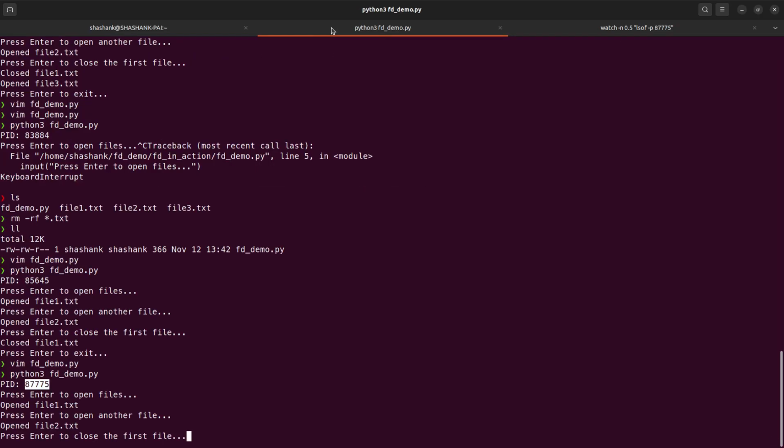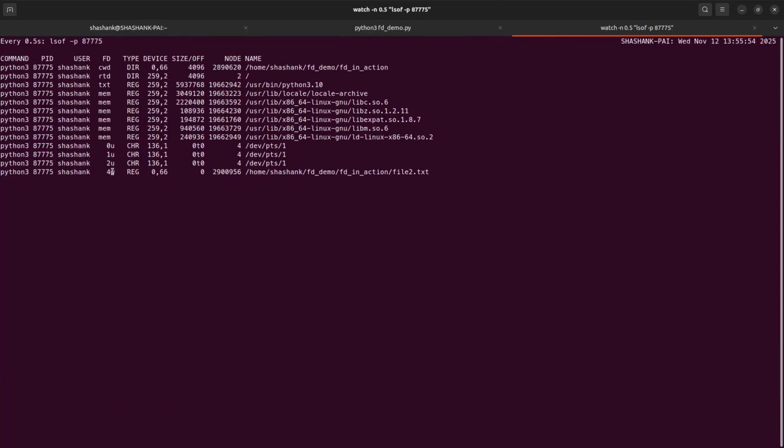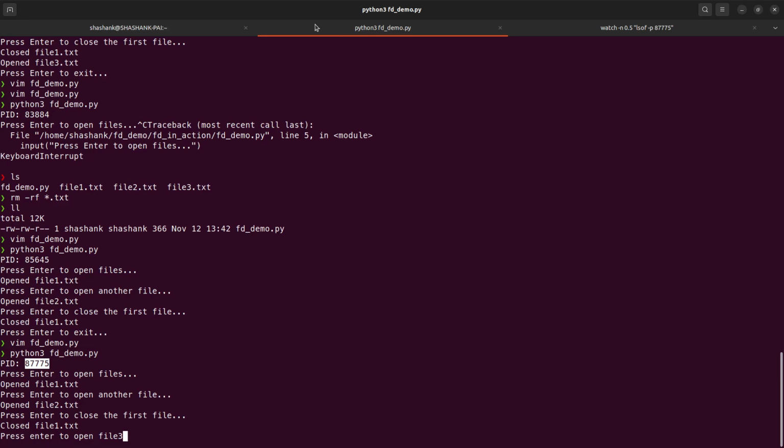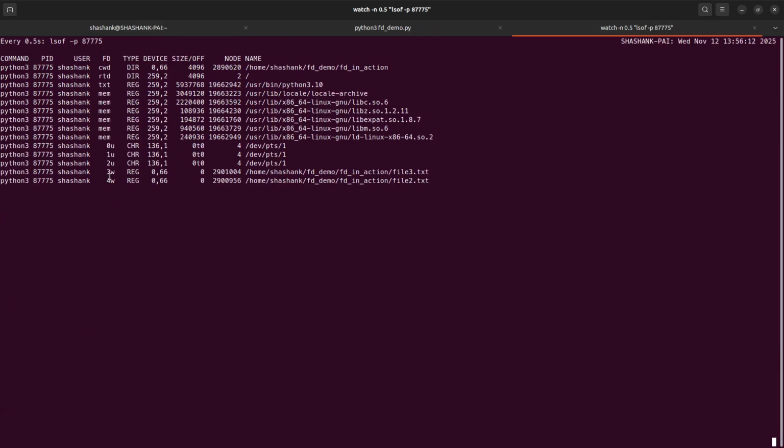Now what we'll do is close the file1. So you can see the third one being released. So when it is released, when we are opening file3, we'll expect file descriptor 3 being allotted to that one, as it has been already released from file1. So here it is. So we will open file3 and we can see the file descriptor 3 which was released from file1